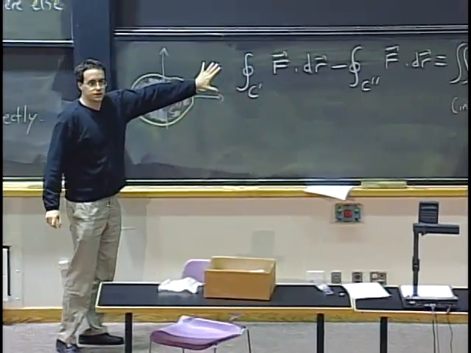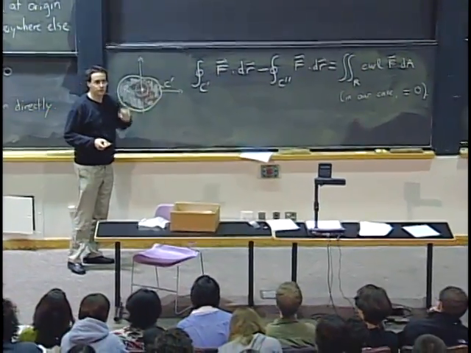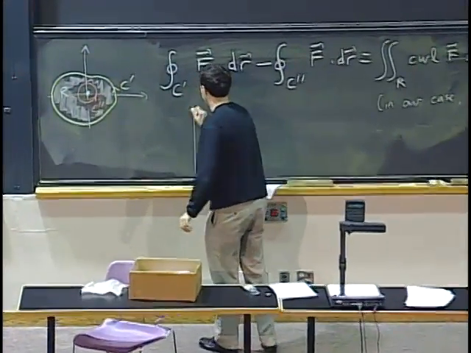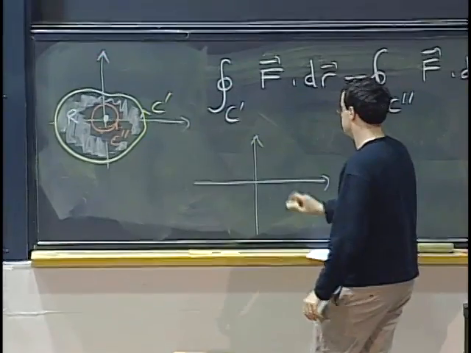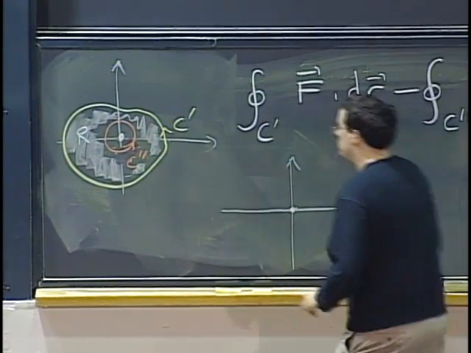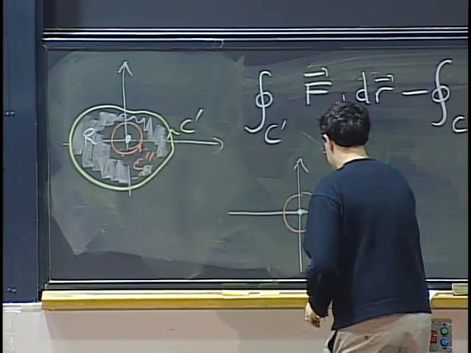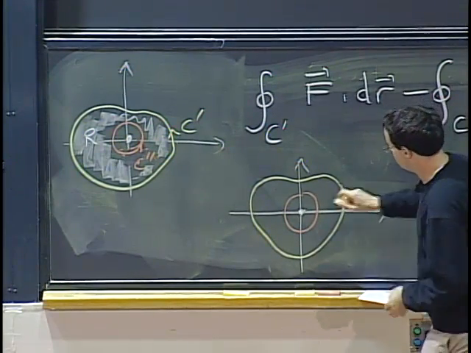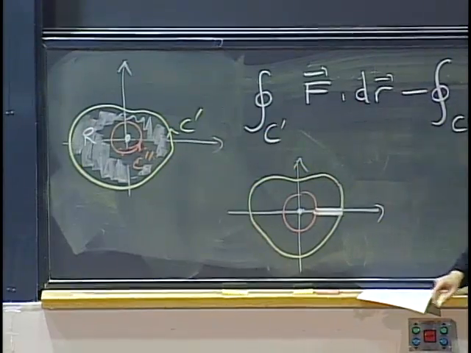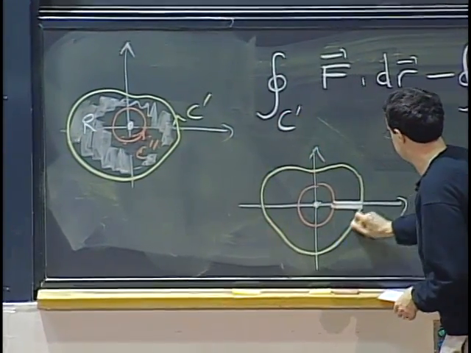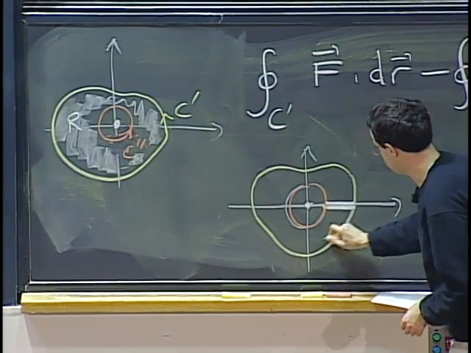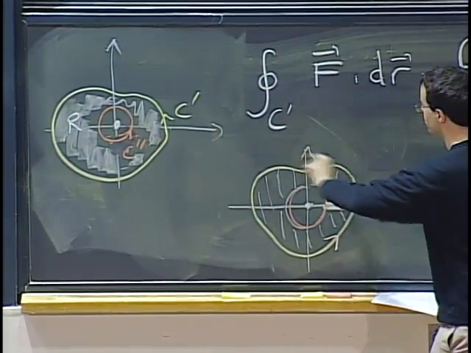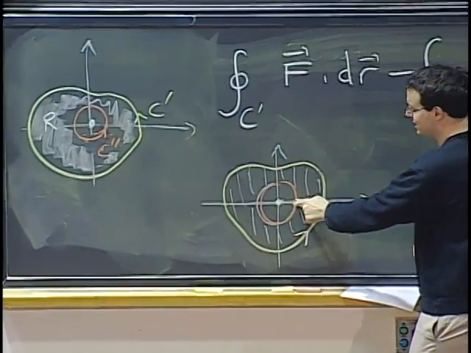So how do you get to this? And why is this not conceptually a new theorem? Well, just think of the following thing. I'm not going to do it on top of that because it's going to be messy if I draw too many things. But here I have my C double prime. Here I have C prime. Let me actually make a slit that will connect them to each other like this. Okay. So now I can form a single closed curve that will enclose all of this region, well, with kind of an infinitely thin slit here,